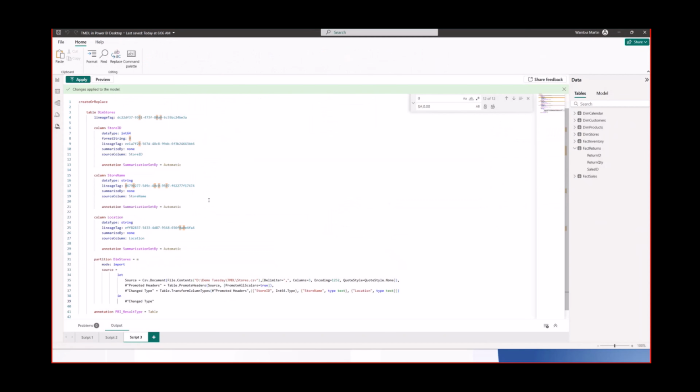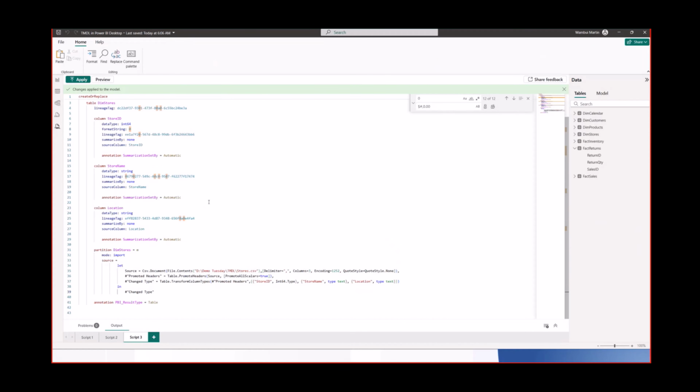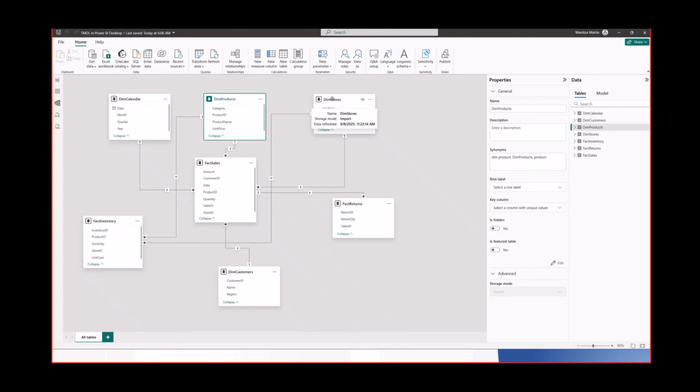So now we have seen how we can edit the M language. So the other thing that is very interesting is now you can build bulk measures. And I remember one time we were building a report with Martin Muchuki, and it was about social media metrics. We were creating, I think we created more than 50 measures, and to create a measure, you could just maybe come to the